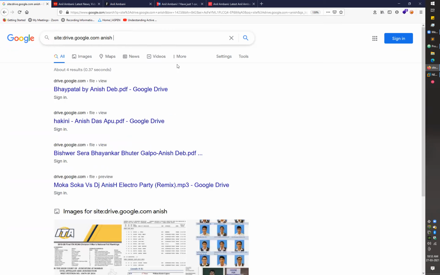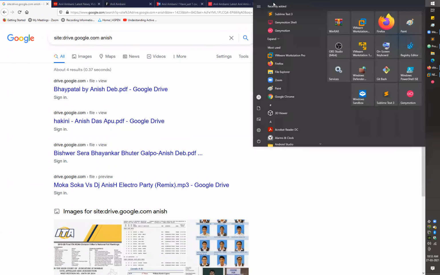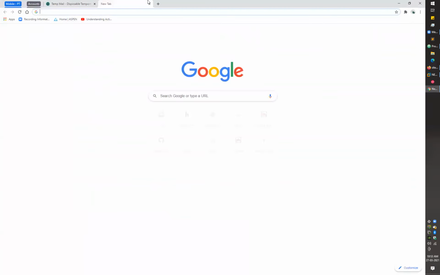But if the file was publicly shared, like in the Google Drive option, we have the option of sharing. Right? Anyone who has the link can actually access the file. Let me just check. I have to open not this one. Okay, let's go with